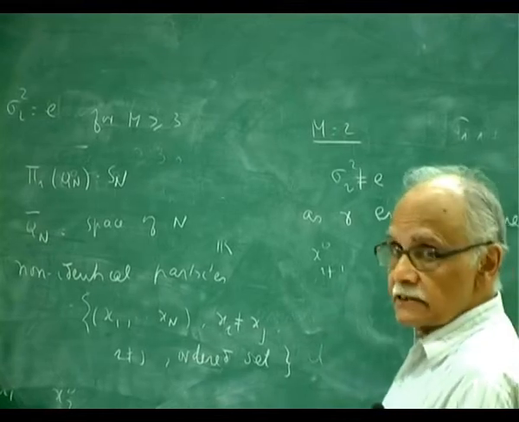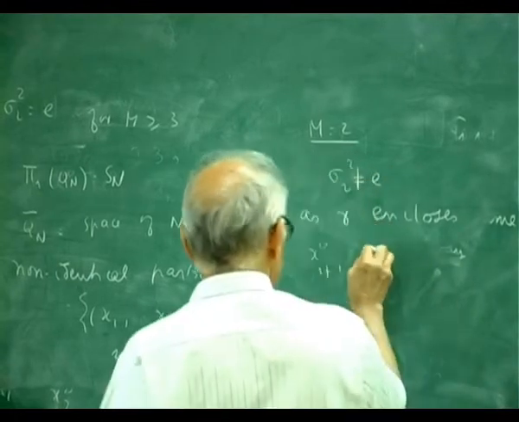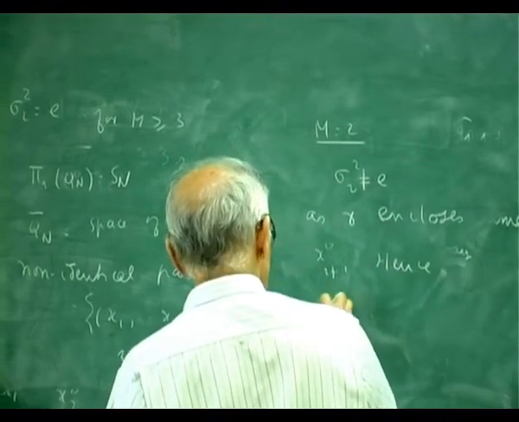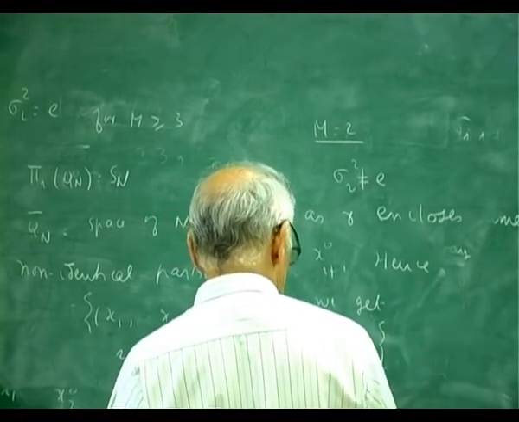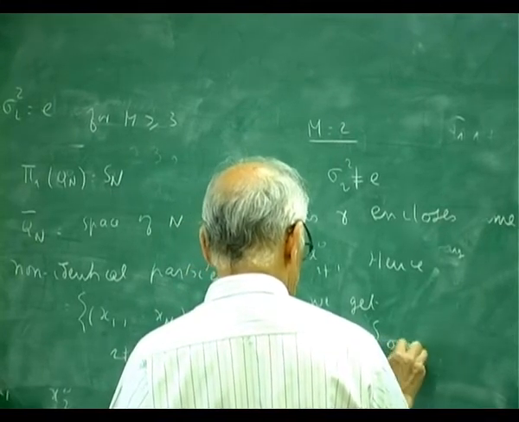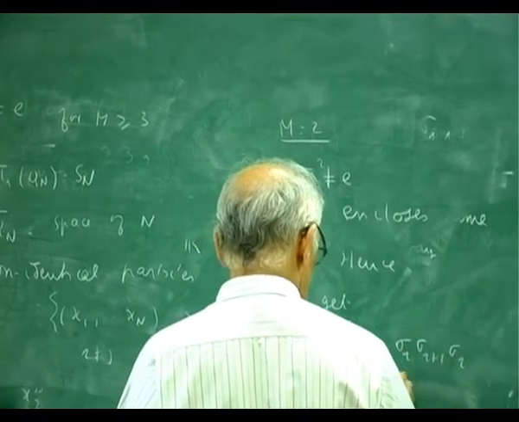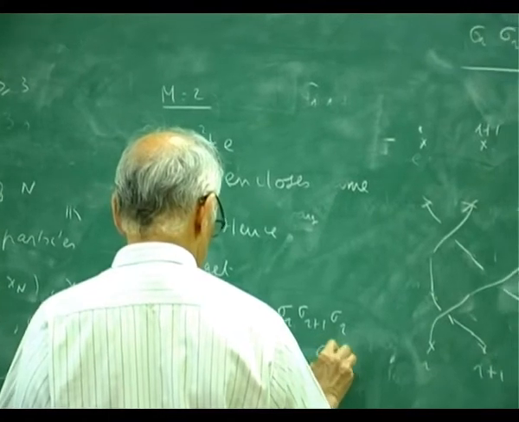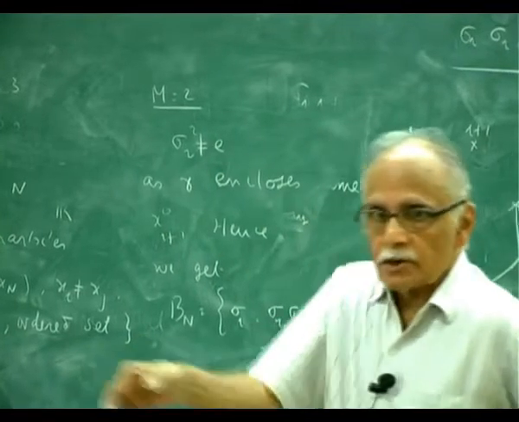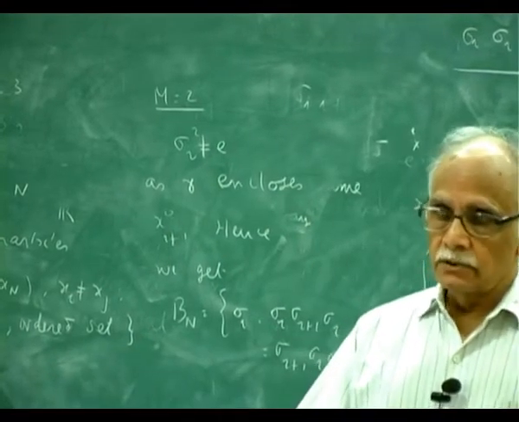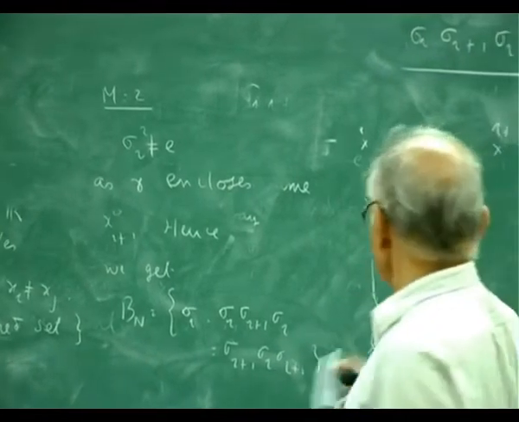So if you drop this relation, we get what is called the braid group. This braid group is generated by sigma I, with the relation sigma I plus 1 sigma I sigma I plus 1 equal to sigma I sigma I plus 1 sigma I. This is the definition of the braid group. You just drop the statement that the square is 1. If you allow the square,